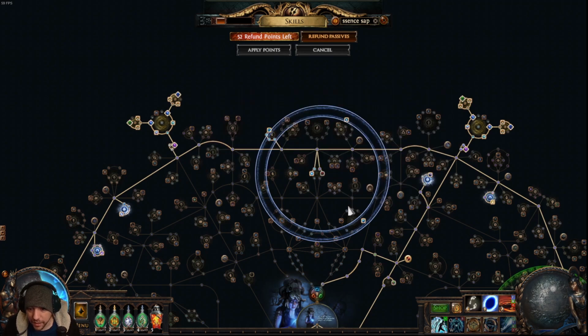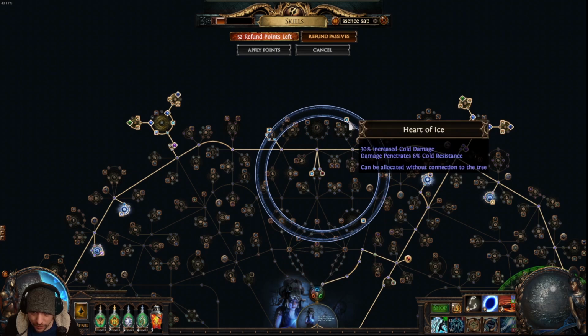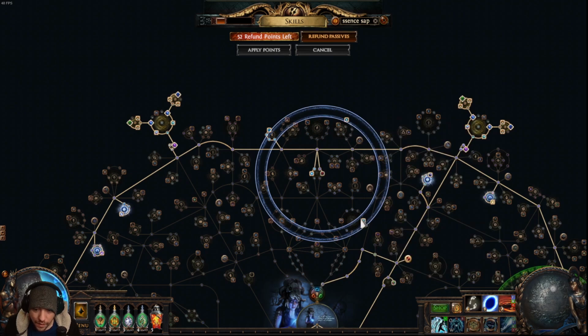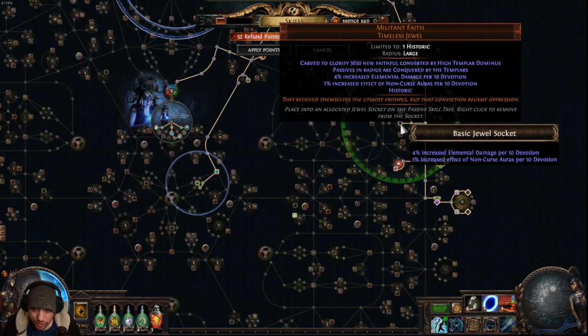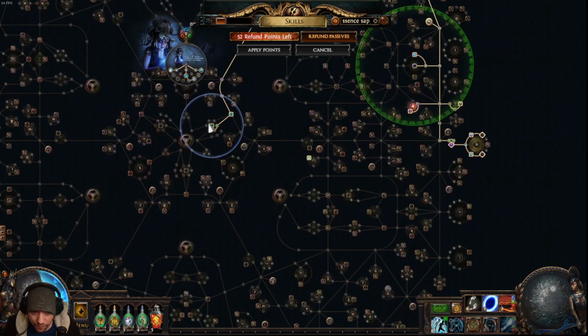We're using a Thread of Hope, so we can hit some juicy nodes without them being attached to the tree, namely this one and this one. And then another expensive piece is going to be the Watcher's Eye. Now it's a 2-step process. At first, if you cannot afford it,